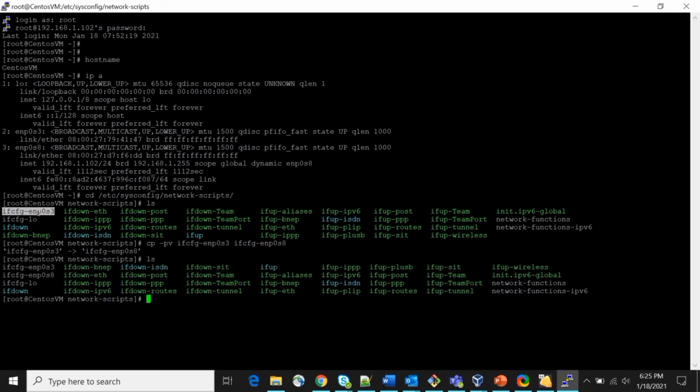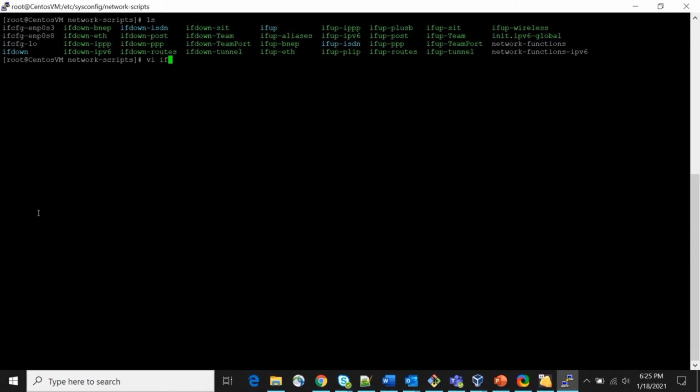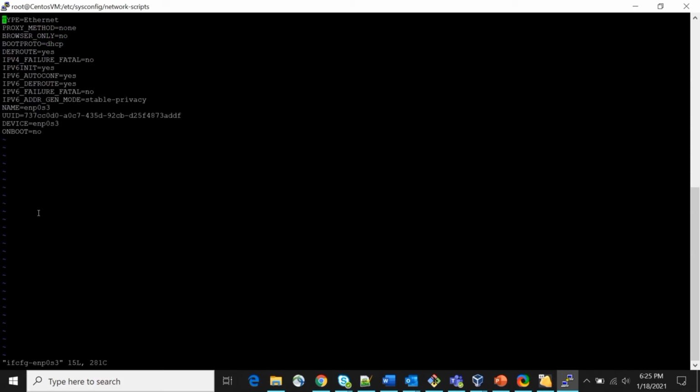Now we have to check one by one. The first one is from DHCP. And make ONBOOT yes, so that when you reboot, the network card will be up automatically after the reboot.